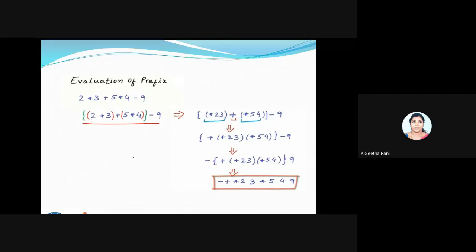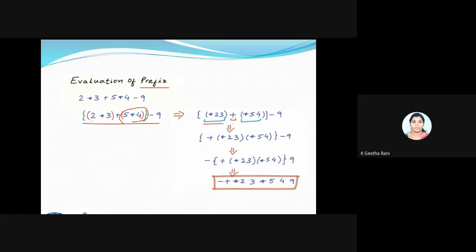Now you're going to convert this only based upon the order of operation. So I'm just considering the inner bracket first. Fine. I have two inner brackets. In both the inner brackets, I have multiplication as an operator. So I will take the first one. Since I'm using a prefix, the format will be operator, then first operand, then second operand. That is what is done here. Then I'm considering this particular bracket, 5 star 4, and I'm converting this expression into a prefix. So star 5 4. Fine. So the inner bracket is over.